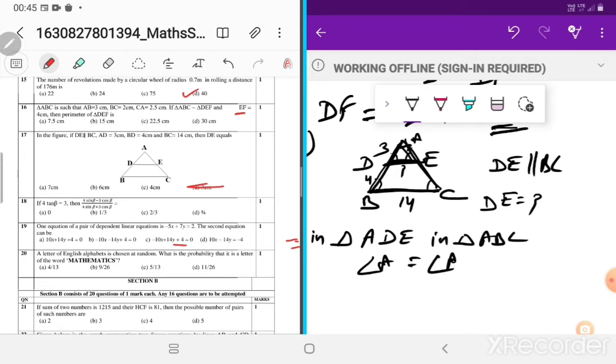And even on this side, these two angles are also corresponding. Okay? So if I am writing here angle 1, let it be angle 1. This is angle 1, this is angle 2. I can say angle 1 is equals to angle 2. These are what type of angle? Corresponding angle.